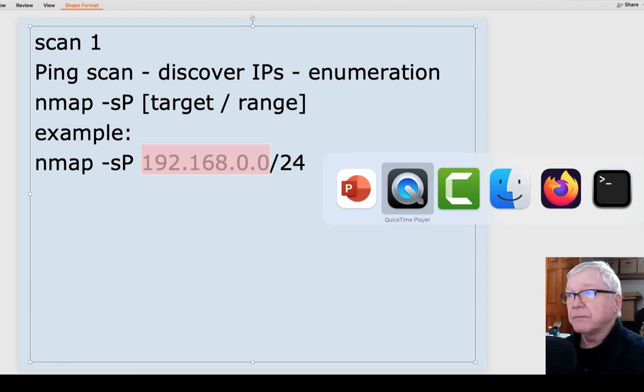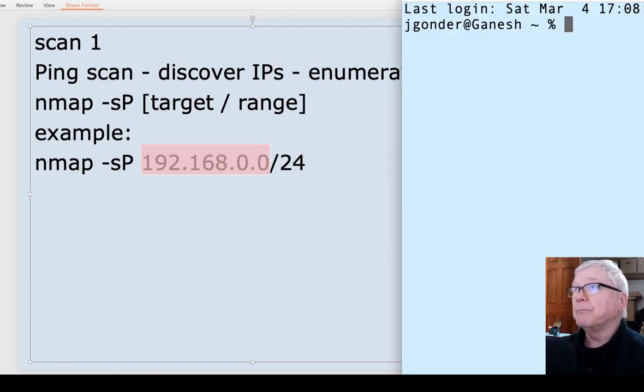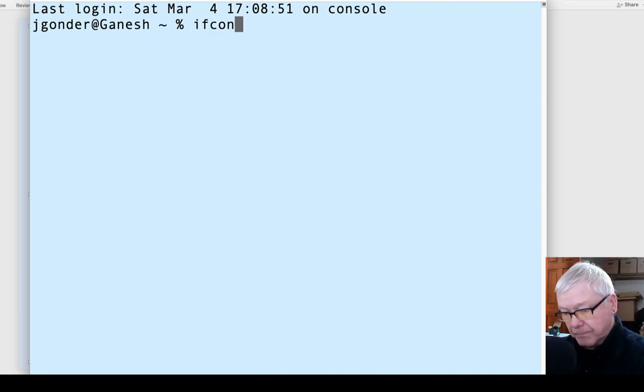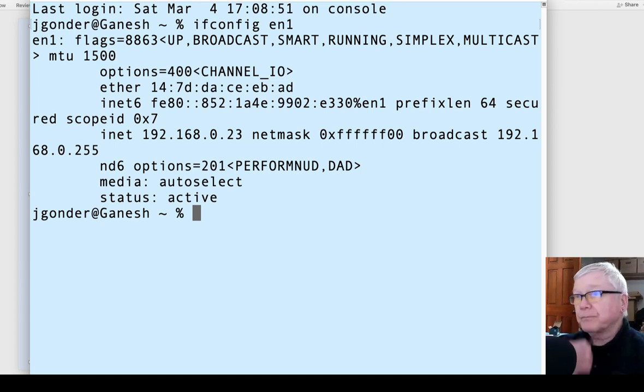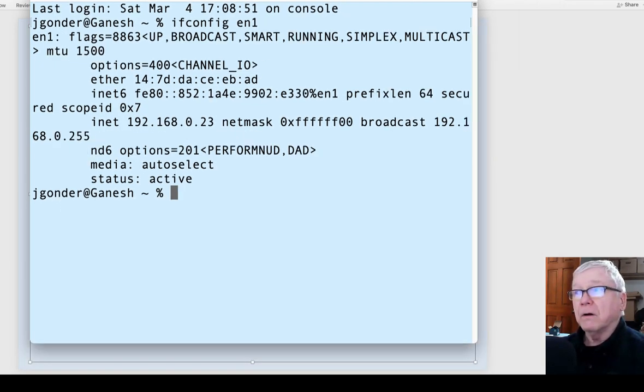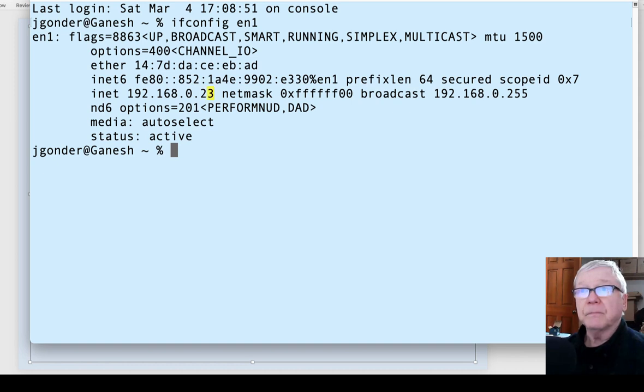I check to see what I have by ipconfig/all in the case of Windows, or ifconfig. EN1 is my local area network interface card here on this particular Mac, and I can see I've got an IP address of .23, the net mask, which is printed in this application not as a decimal number but as a hexadecimal number.